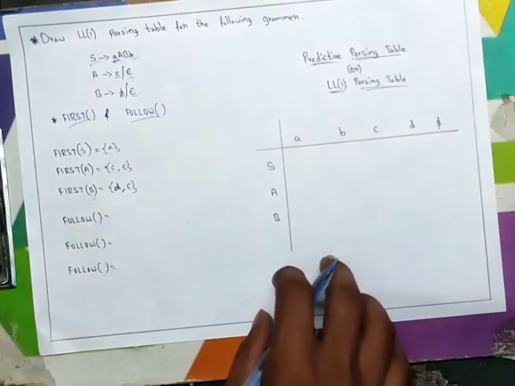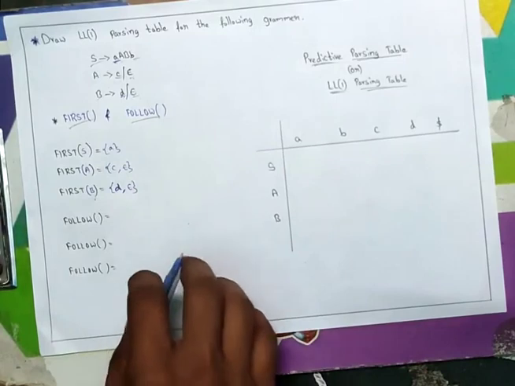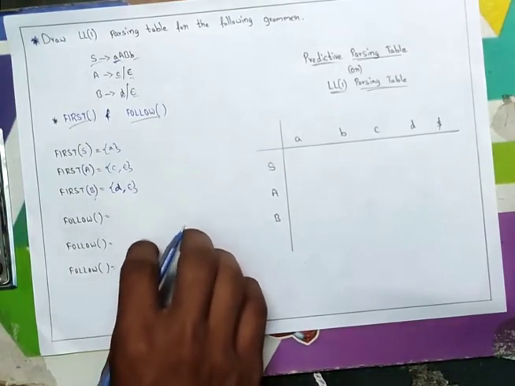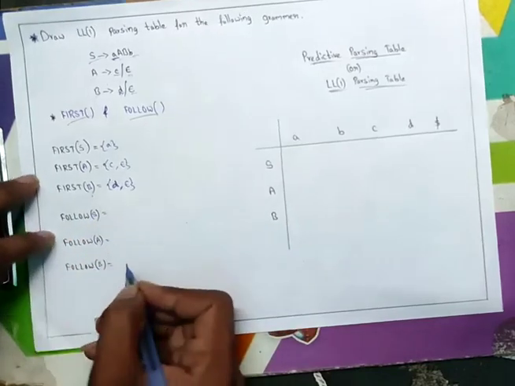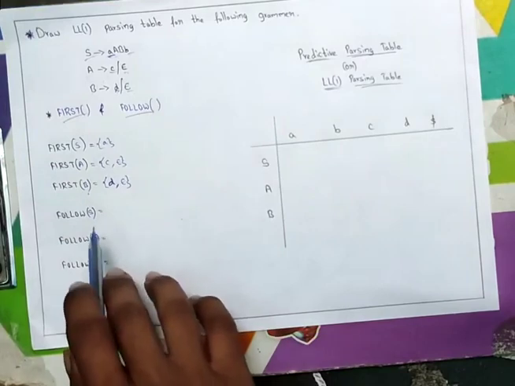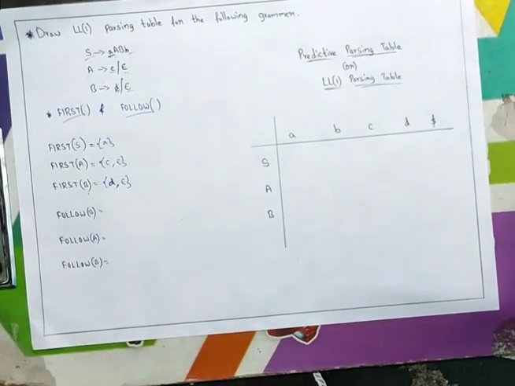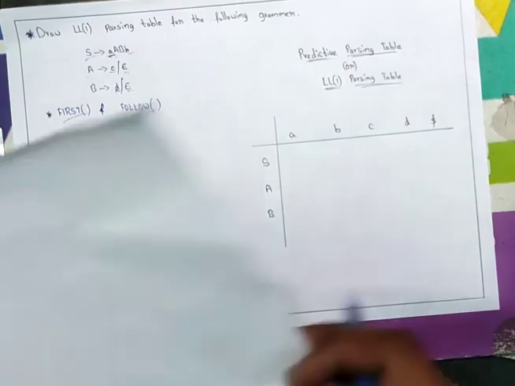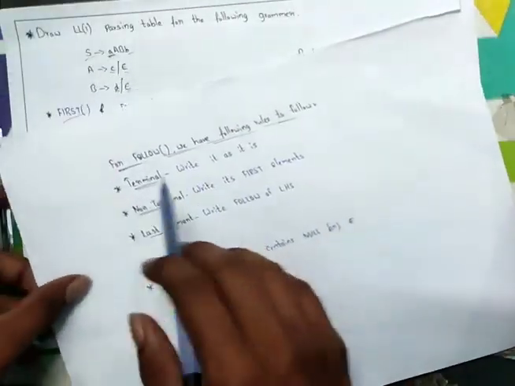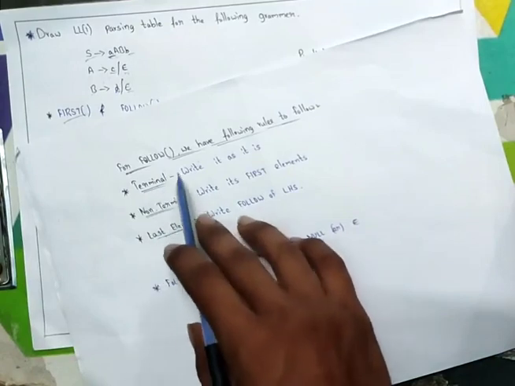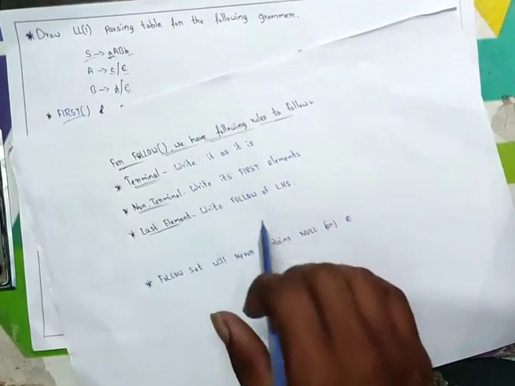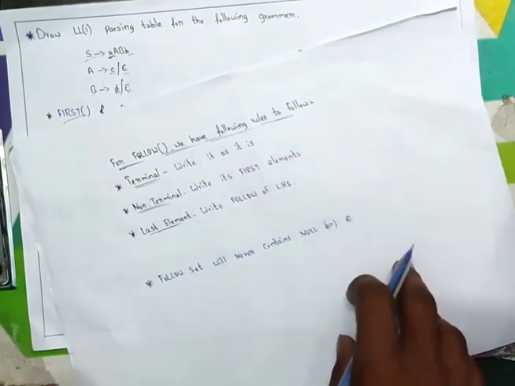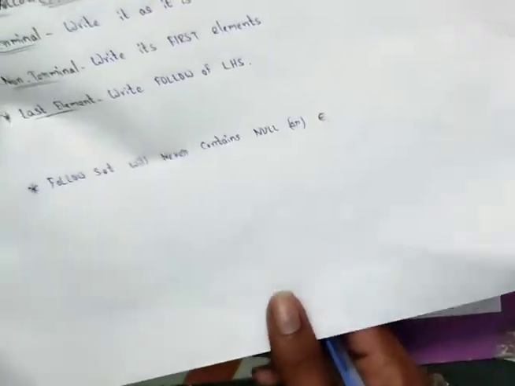And now we also have to perform the follow functions. These are also performed on the non-terminals, such as capital A, capital S, capital B. While considering the follow function, we have to work based on some rules. There are some rules concerning the different elements, such as terminals, non-terminals, and the last element. When coming to a terminal, we follow these rules and perform the first function. So let us consider the follow function based on these rules.